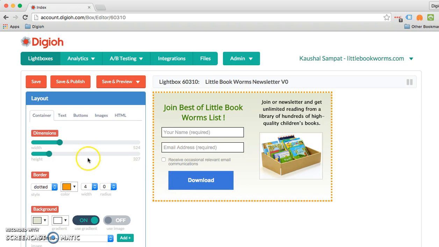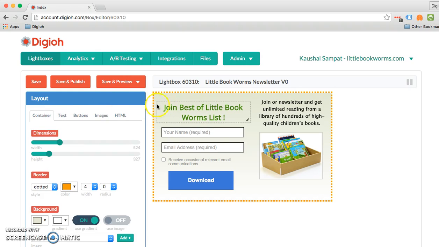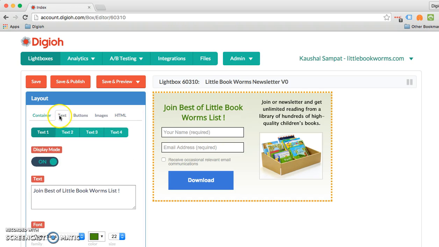So that's the container section. The text section, really simple. The really nice thing about this as well is that if you click on something here, it's going to go to that section. So let's say I'm in the container section and I want to change this, join the best little bookworm list, right? Or join the best of little bookworms list. I can just click on this. It'll take me to the text section, and